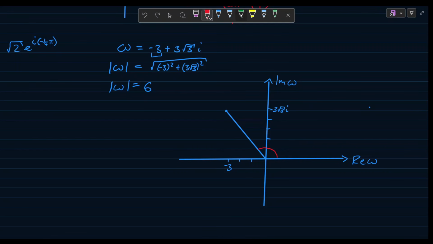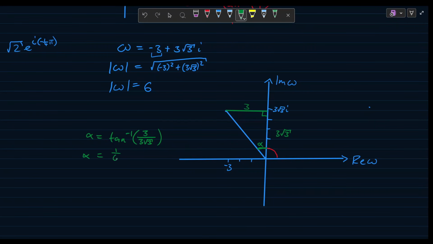So for starters, we first have to find this angle. Alright, I'll call it angle alpha. So let's draw a triangle here. This is a right angle triangle. The distance traveled in the real axis is 3 units. The distance traveled in the imaginary axis is 3√3 units. So alpha is equal to arctan of opposite over adjacent. So our opposite is 3 and our adjacent is 3√3. So we get that alpha is equal to arctan of 3 over 3√3, and that gives us